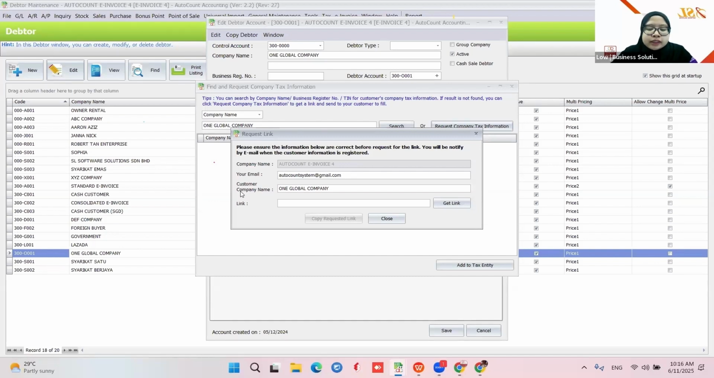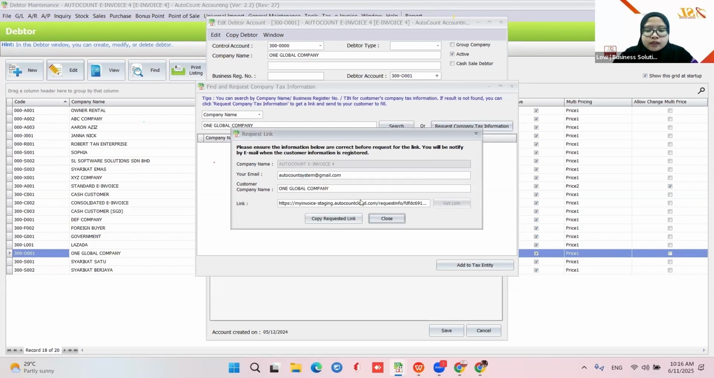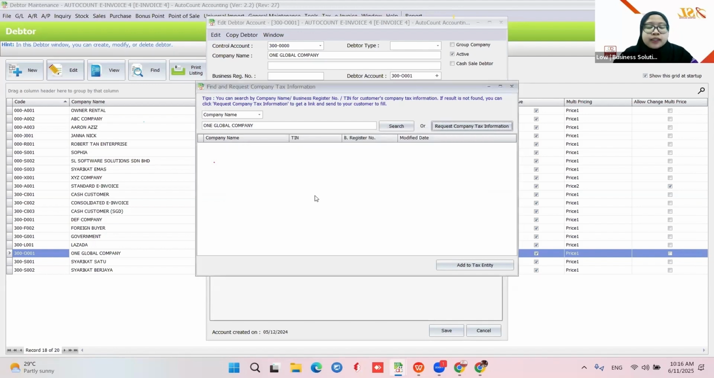Then make sure your customer company name is correct, and then you tick this one, get link. Please make sure all the entries are correct, and then you generate. Once you generate, you can copy this requested link. Once you copy, you can send it by WhatsApp or email to your client. Once your client opens it,